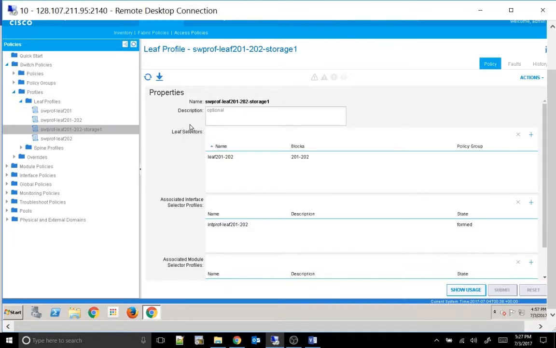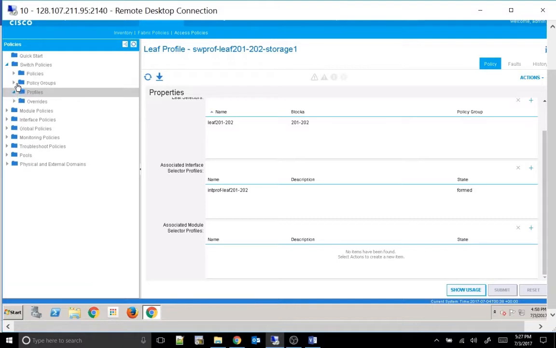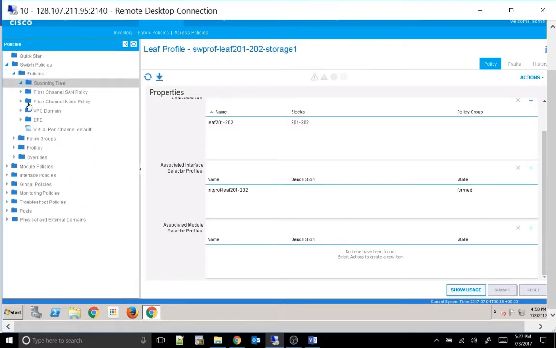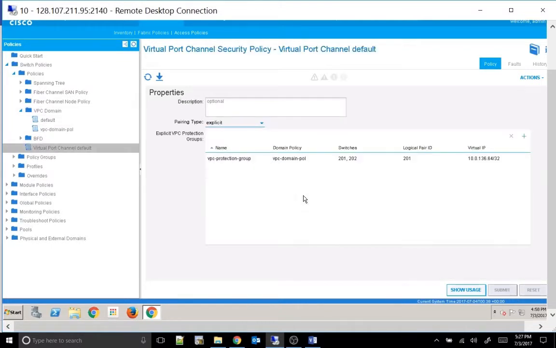Okay, and so now we see this last step shows us everything. So we've got our leaf selectors, 201 and 202, profile selectors for 201 and 202. We don't have any modules. These are not modular switches. And don't forget that earlier we had set our VPC domain and our virtual port channel protection group, and that has that logical pair ID 201. Why do I bring that up? I bring that up because